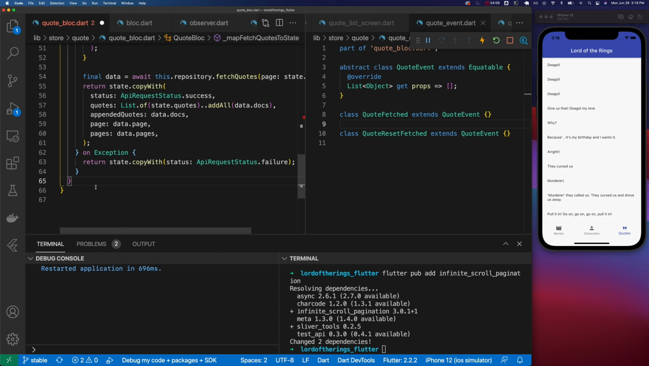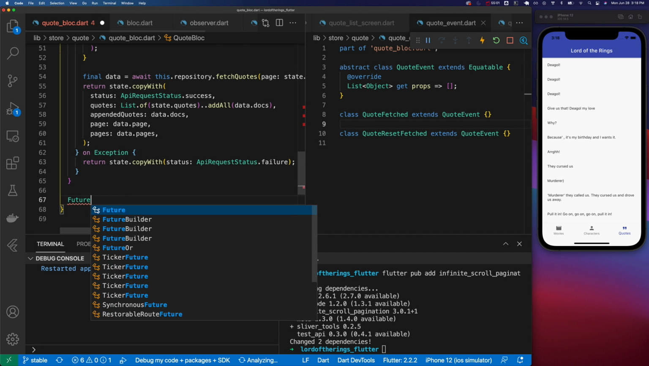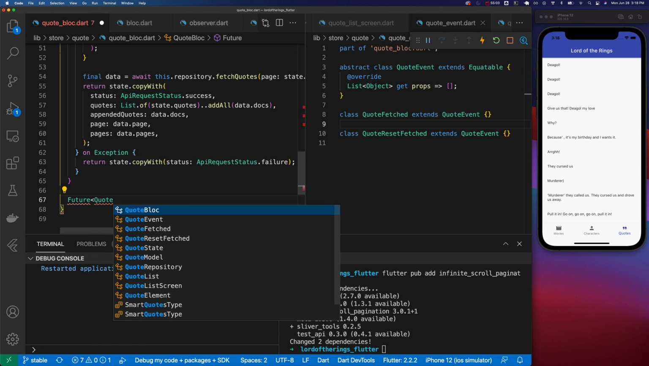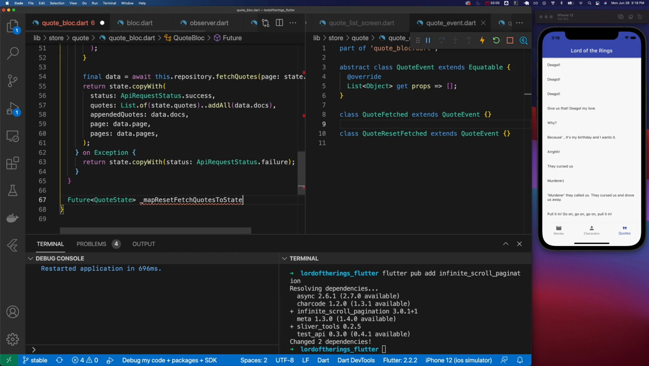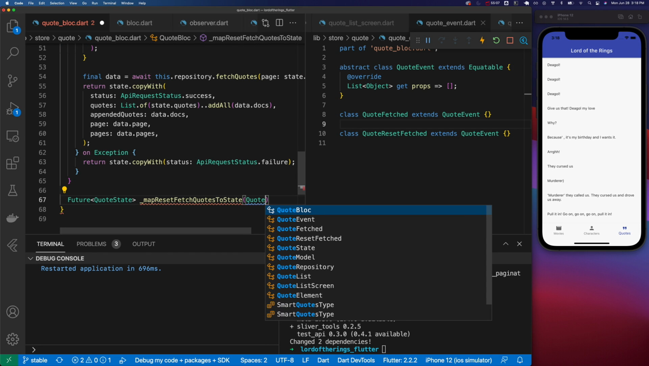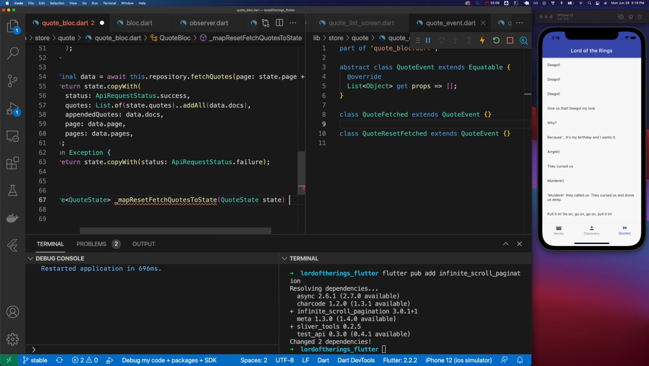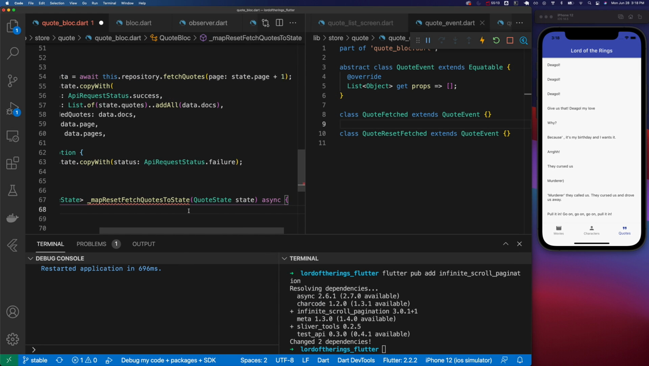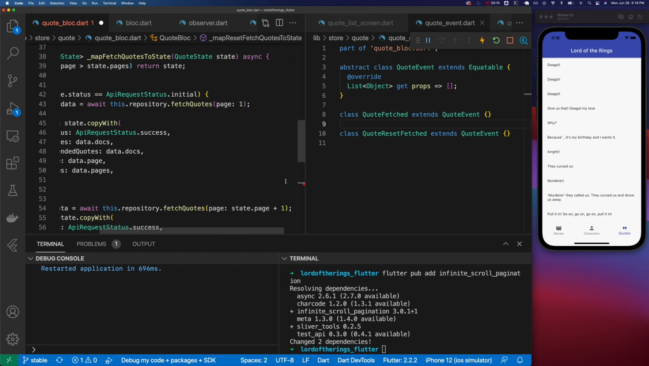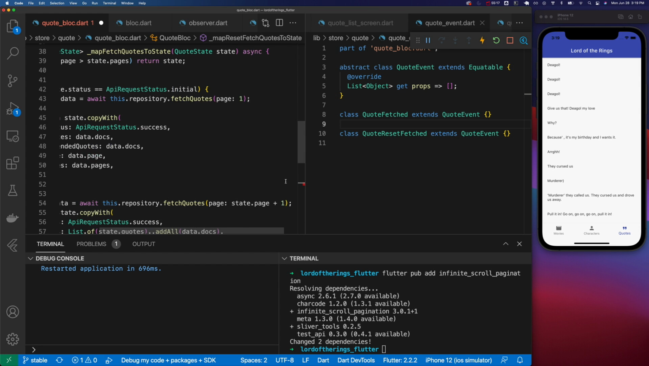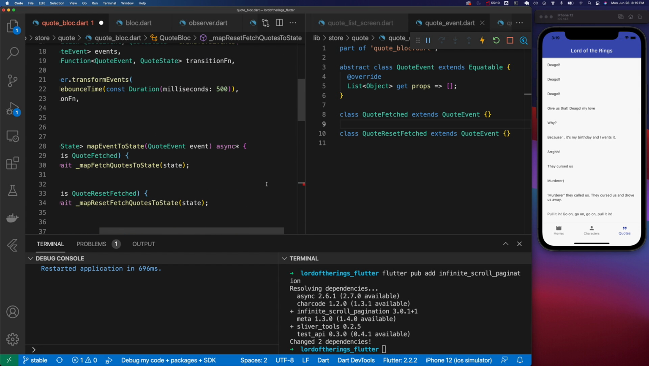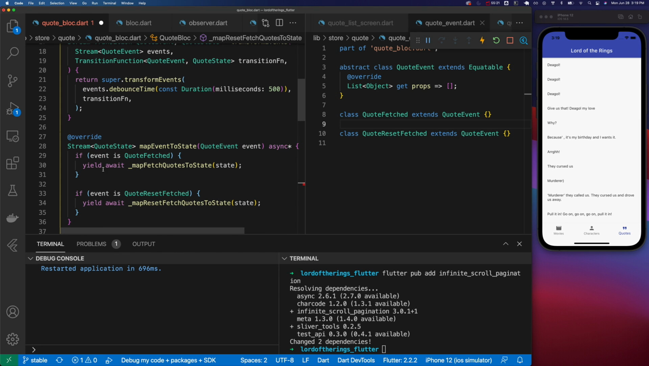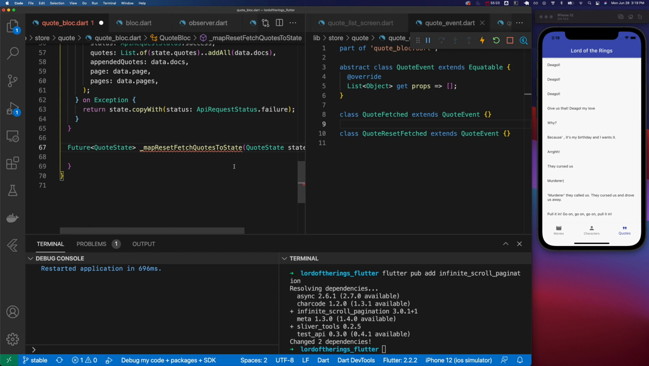So let's make this function here, and it's very similar to what we did before. It's a Future of QuoteState. We'll paste that guy in, and it's going to take QuoteState again called state, and it's async. It should be async. Yeah, right. I was like, it needs to have a star, but no, it's only this one is the one where the yield actually happens, so that's why you need that star there. Okay, now within here,